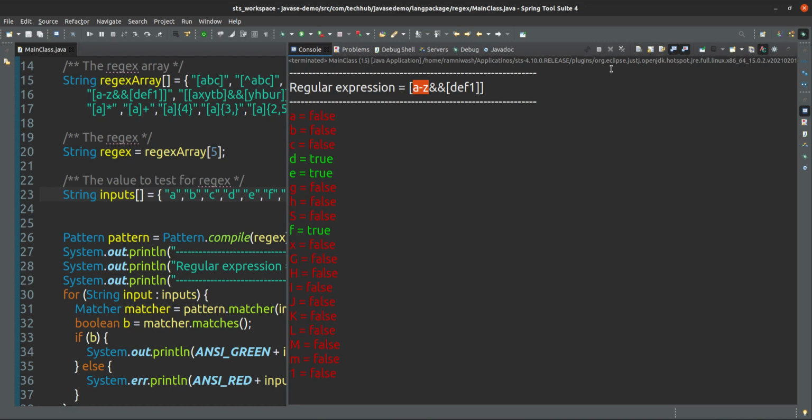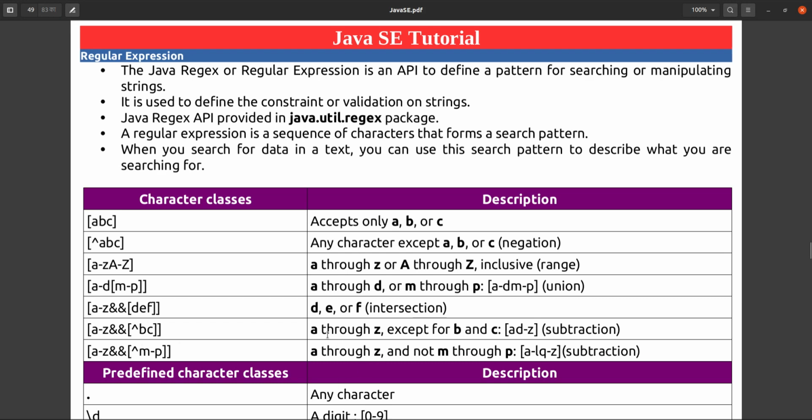From A to Z all 26 English characters are there, and DEF is also there. But the number 1 is not a character. So you cannot pass A1 also, because that is the meaning of intersection. Intersection means the common part of both, either D, E or F.